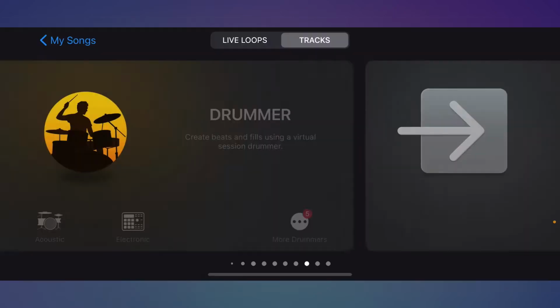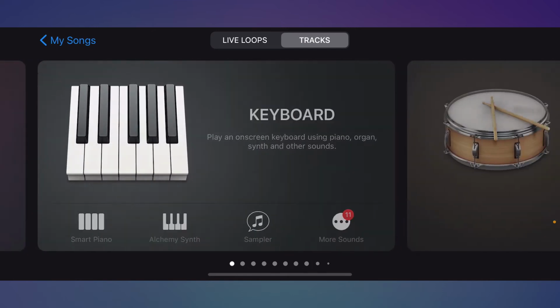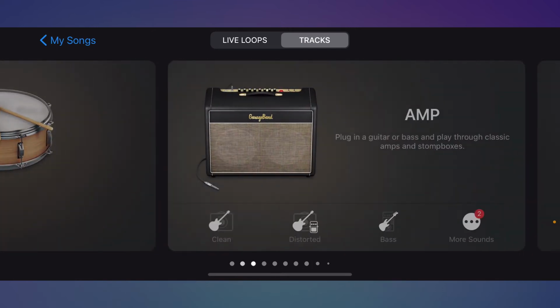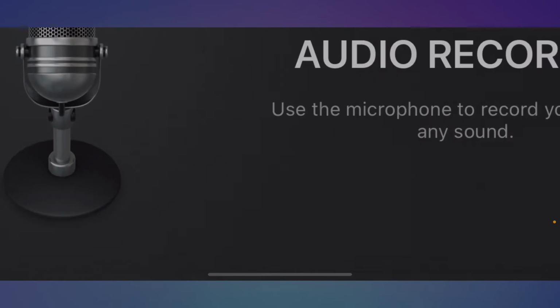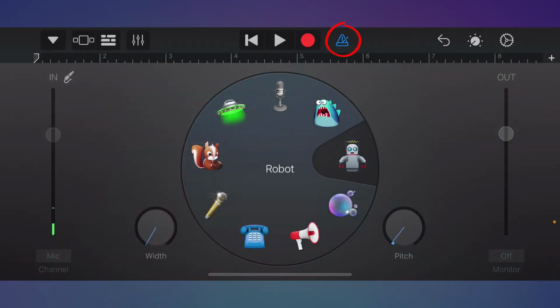Then what you want to do is launch the GarageBand app. Once you're in the app, you should see an interface that has a lot of settings showing you could use a keyboard, guitar, whatever you choose to use. But today we're using the mic. First up, the first thing you want to do is that